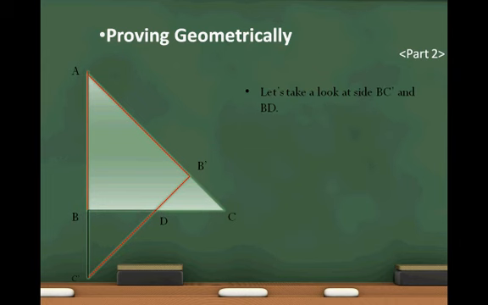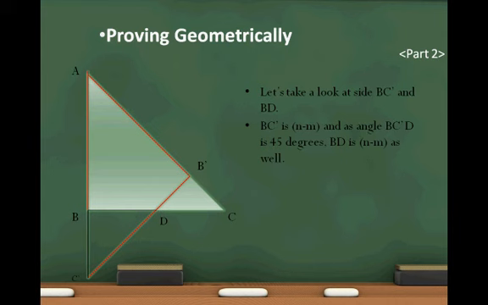Okay, so let's take a look at BC prime and BD. We've been able to create 2 congruent right triangles, AB prime C prime and ABC. But we also have another isosceles right triangle, which is triangle BDC prime. And so we'll take a look at the sides, and if we take a look at BC prime, we find that BC prime is AC prime minus AB. AC prime is the same as AC, which is n, and AB is m. So therefore, BC prime is n minus m, and BD, because of the angles shown, has to be n minus